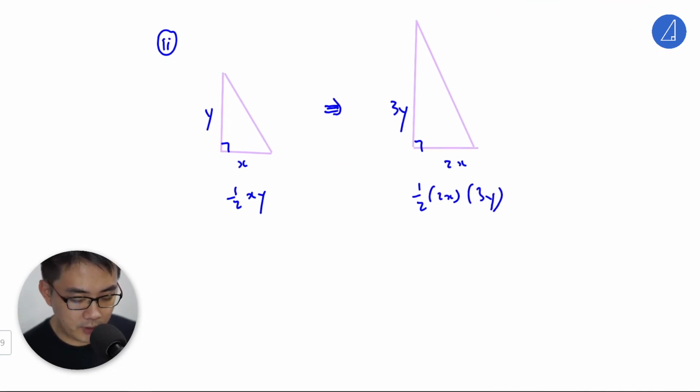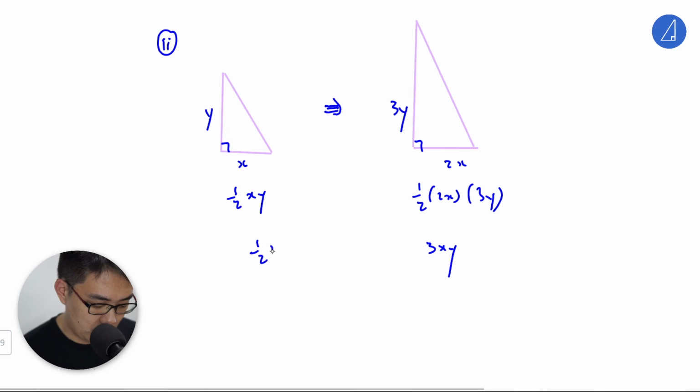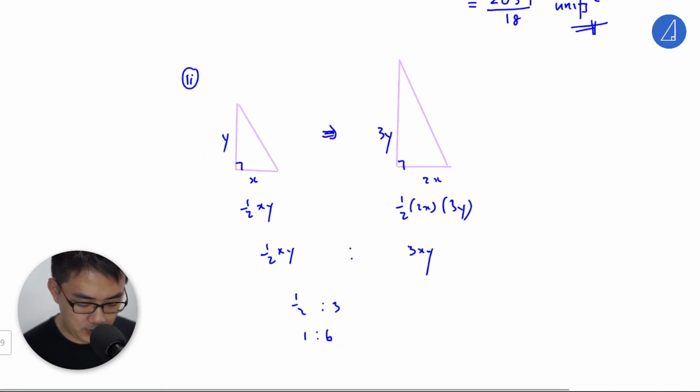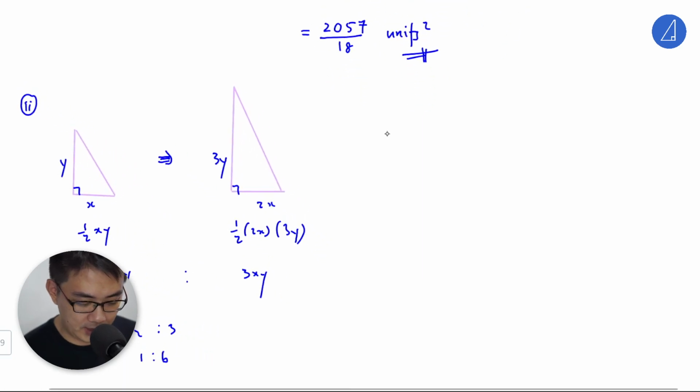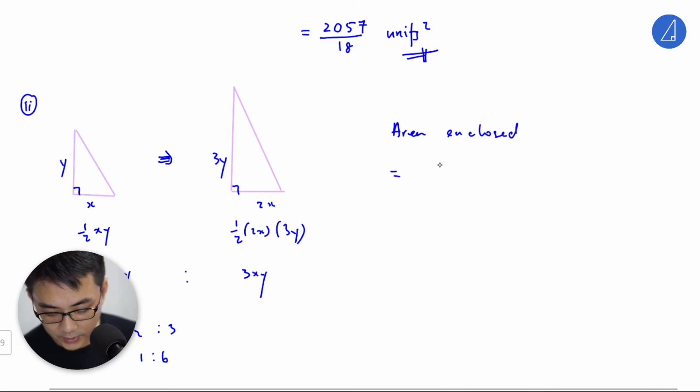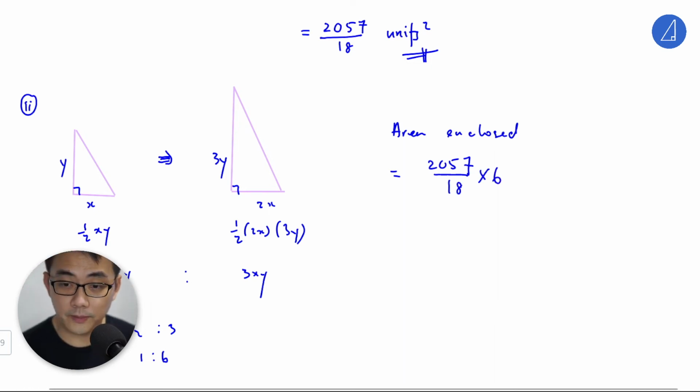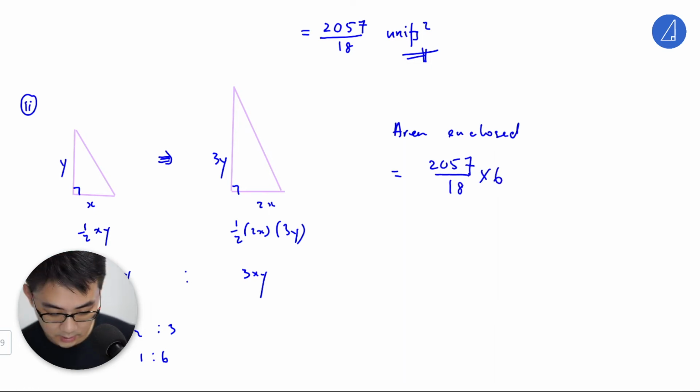So in this case, if you were to use the same logic, it's a very straightforward way. The ratio of the area would then be half to 3, which is 1 to 6. Am I right? Okay, so similarly, the new area enclosed will just be 1 to 6. So I'm going to take the previous part, 18, multiply by 6. That will give us